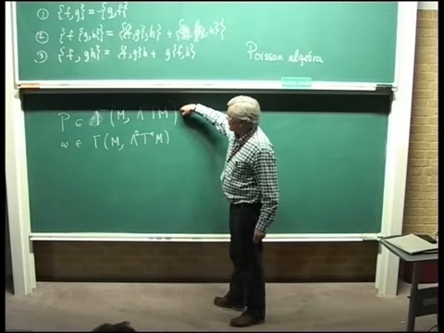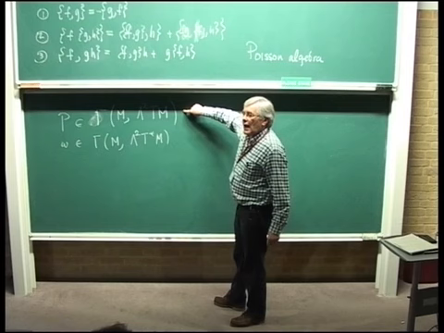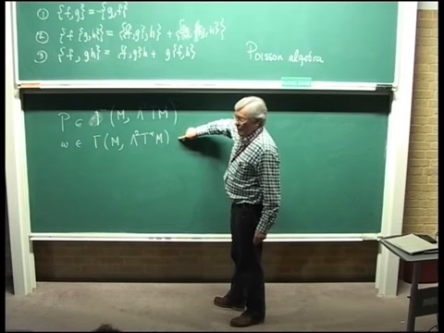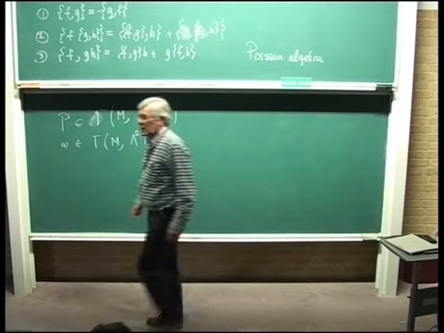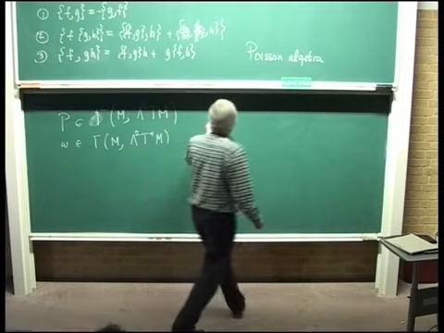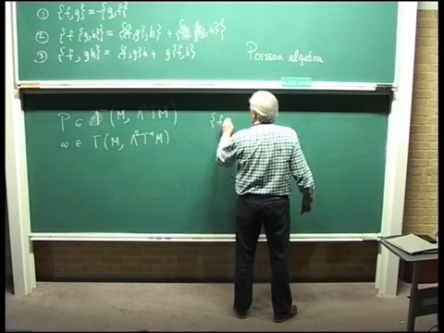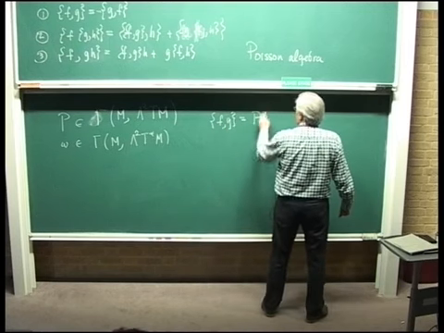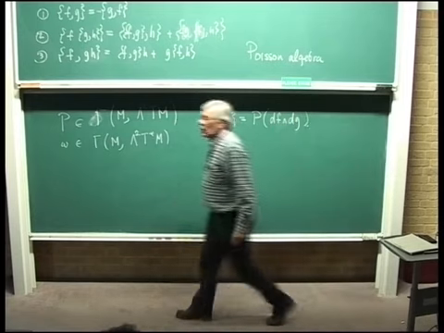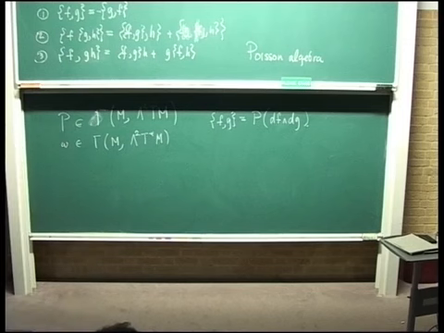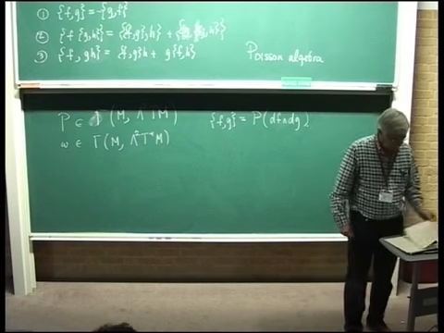And the Poisson tensor associated to a symplectic structure is just the element in this space of sections, which comes from this, using the isomorphism of these two things defined by the symplectic form. So that's the Poisson tensor. And its relation to the Poisson bracket is that the Poisson bracket of F and G is just P, the Poisson tensor, applied to dF wedge dG. Okay, so associated with this symplectic structure, you have the Poisson tensor. That's important because it's going to play a role in what I have to say later.